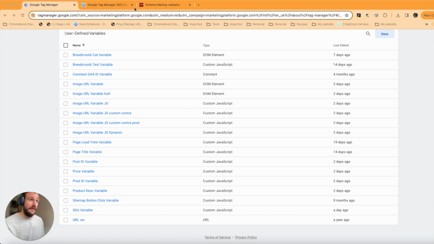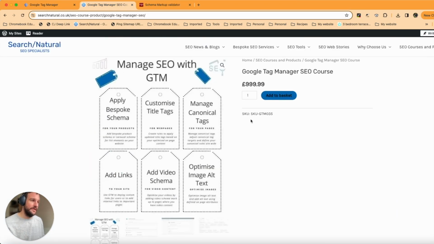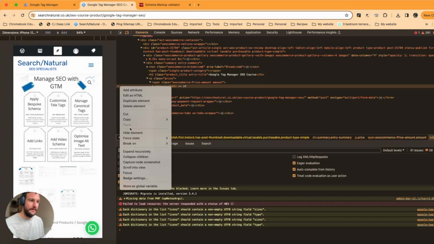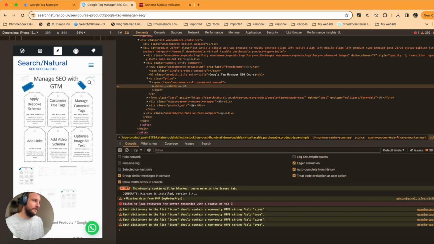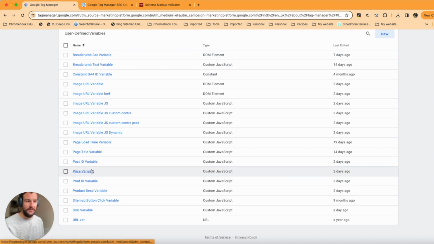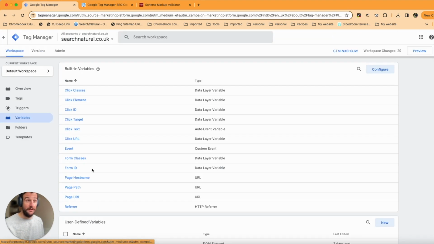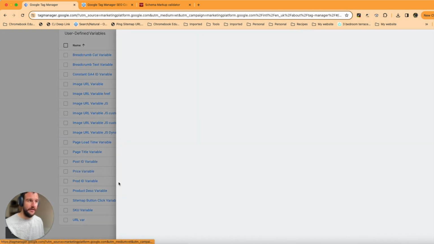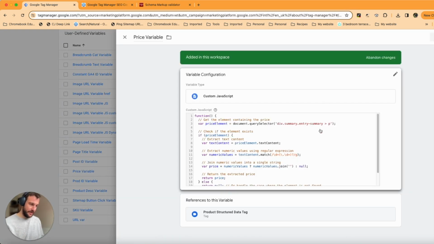We also have price variable to define. So once again, back to your product page, inspect on price. We're going to copy selector, head back to your variables in Google Tag Manager. You're going to press new variable. For us, it's just loading this one. Again, it's custom JavaScript and it's pasting in the